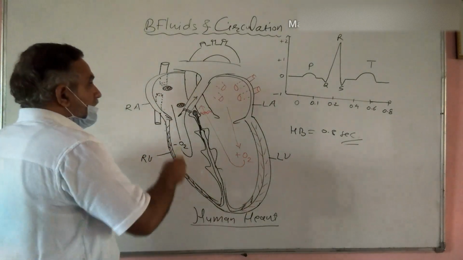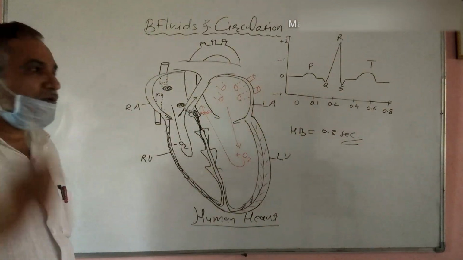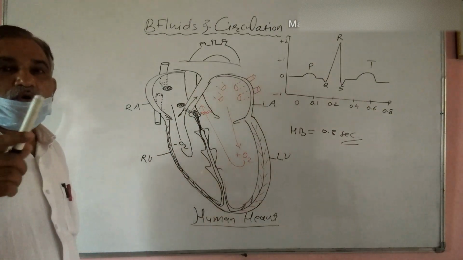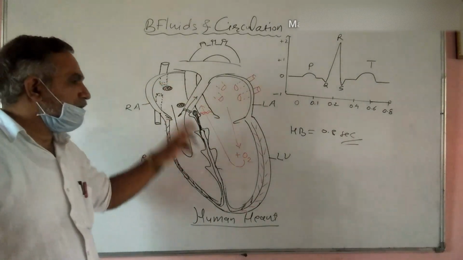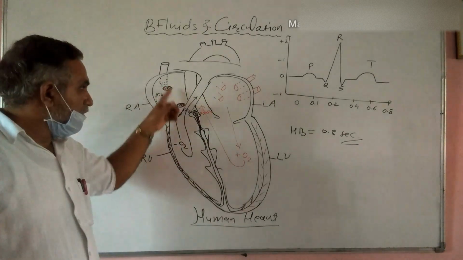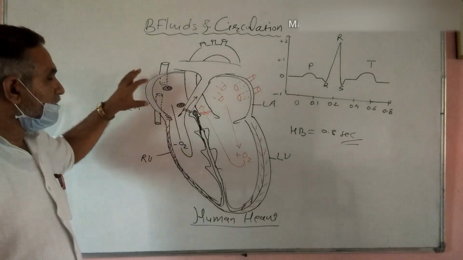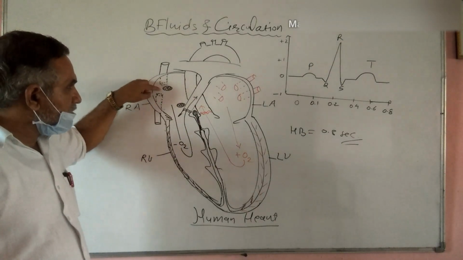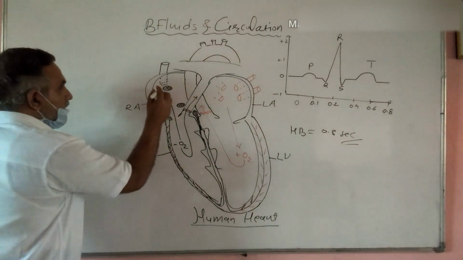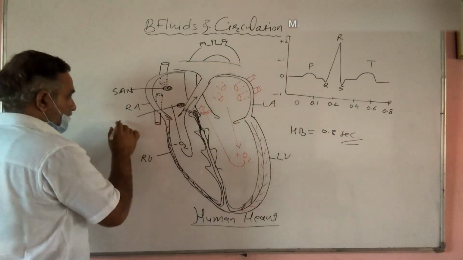See here, the heart wall is mainly made up of the heart muscles or cardiac muscles. Again, the heart wall is also provided with modified nodal tissue. So that modified nodal tissue establishes the conducting system of the heart. See here, this conducting system is built up from the sinoatrial node. This is the sinoatrial node. This is the